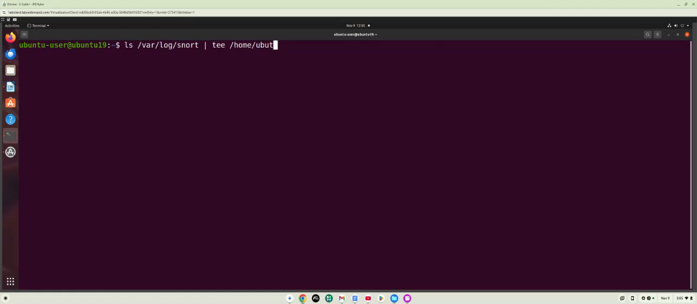Oh, you know what? I just realized something, before I can do any of that, I need to switch to the root user to be able to do this. So I'm going to say sudo su, for switch user, and then give it my password. Okay, now I'm in root user. Now I can go ahead and